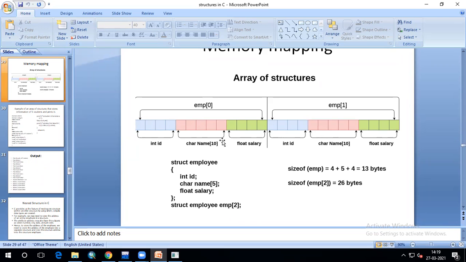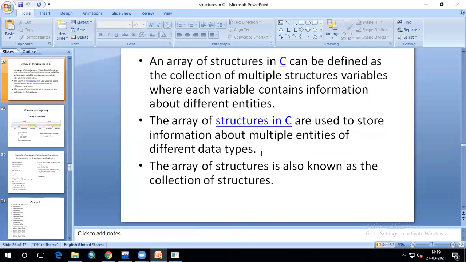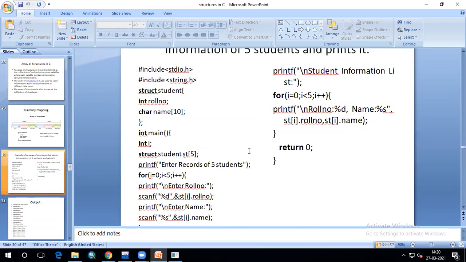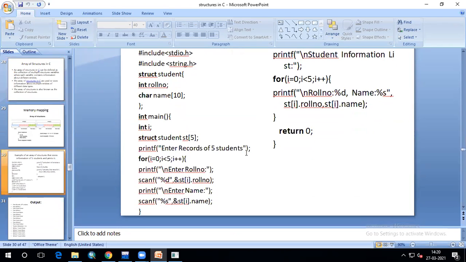So emp[0] will be like this: in that, ID will be there, name will be there, and salary will be there. And emp[1], the next structure in the array, is also having the three members: ID, name, and salary. So this is the way I can declare an array of structures, so that you can access those array of structures by using